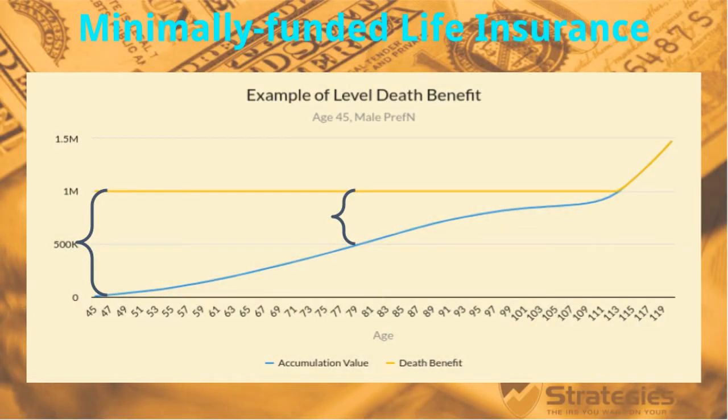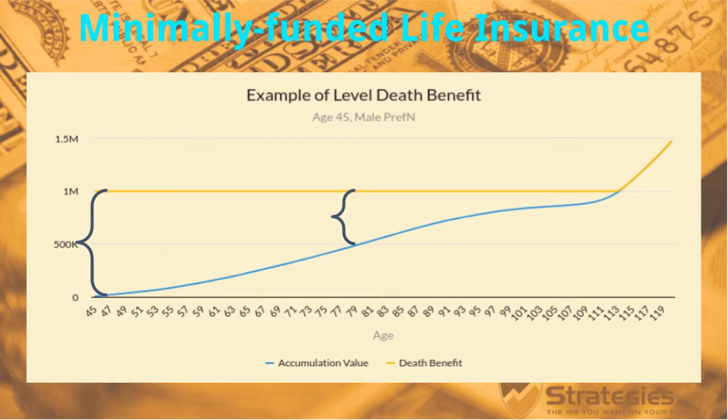And just going into a little bit of the Life Insurance 101, the cash value of a life insurance policy essentially represents the policy owner saving up the death benefit on the insured over the course of the insured's lifetime. So if you look at this chart that's on the screen right now, what you have is the cash value